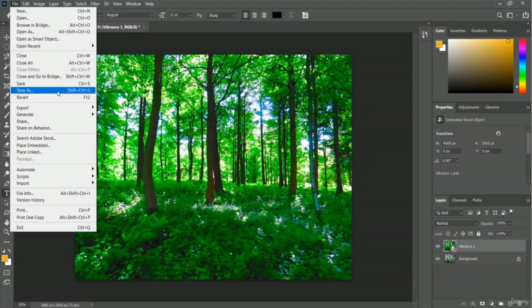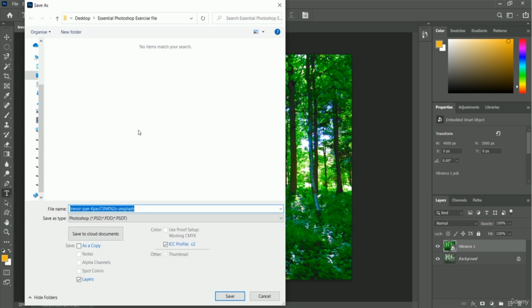option. So let me click in here, and then a pop-up will appear, and you have to declare where the image will be saved. You have to declare the root. So I'm going to save this image in my exercise file, and at first you have to declare the save